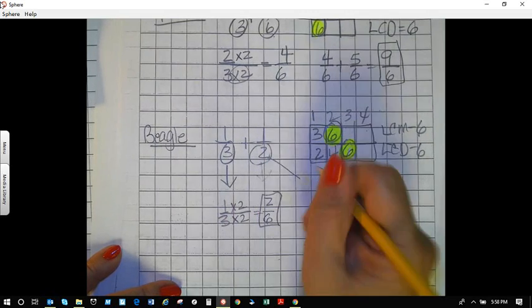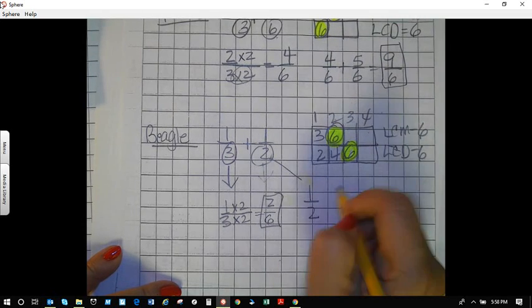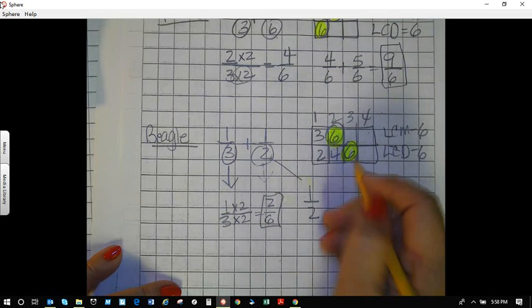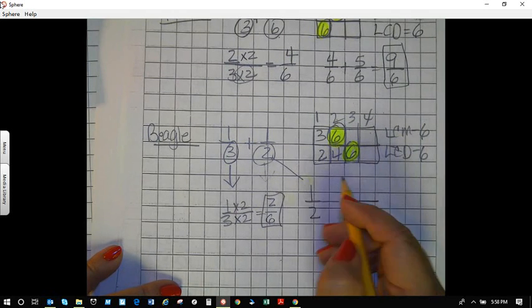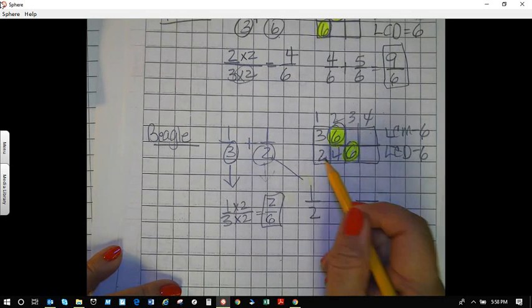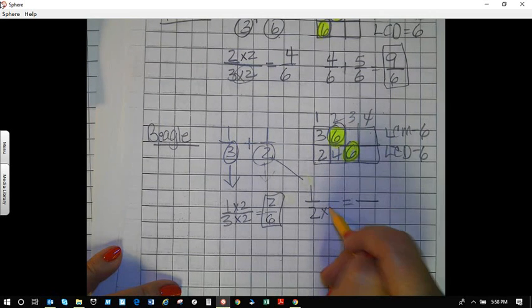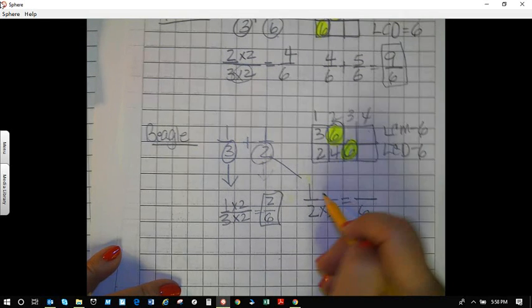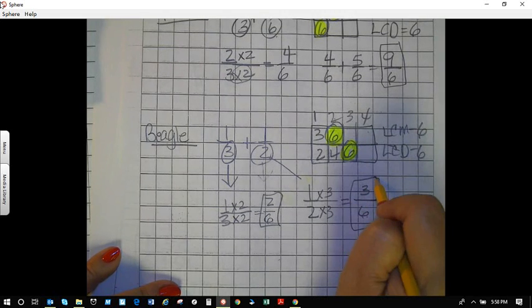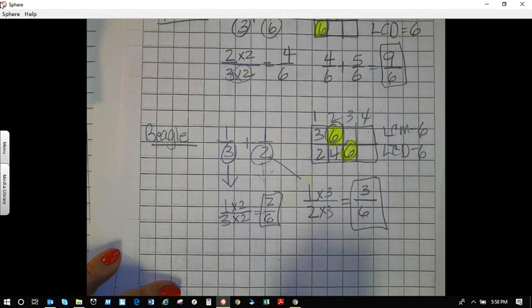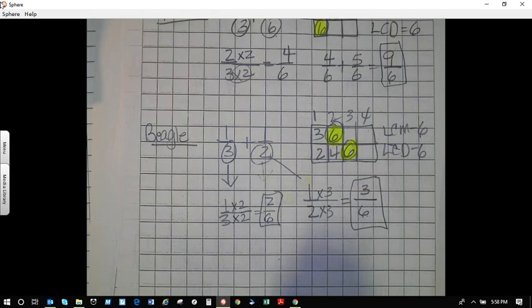Here I have the 1/2. I extend my fraction bar, equals. 2 times 3 is going to get me 6. I do the same thing to the top. Okay. And so now I have